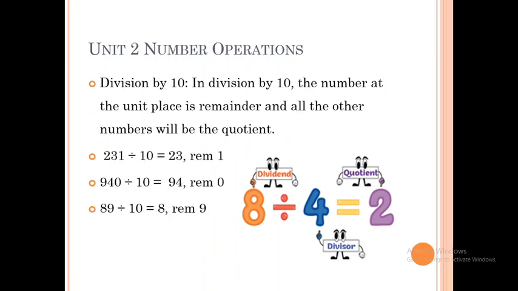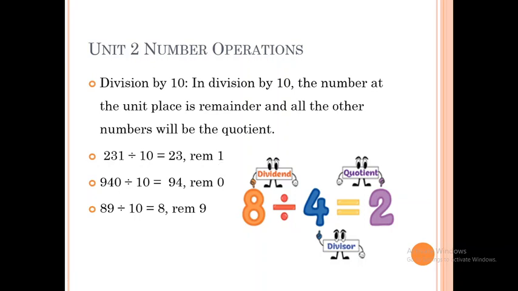Now start the division sums. The first one and very simple one is how to divide a number by 10. Division by 10. This type of question they will ask in objective questions. No need, the table of 10 is very easy. You can read the table of 10 very easily, but no need to do the division process or working. You can just read the number and write the quotient and remainder very easily.